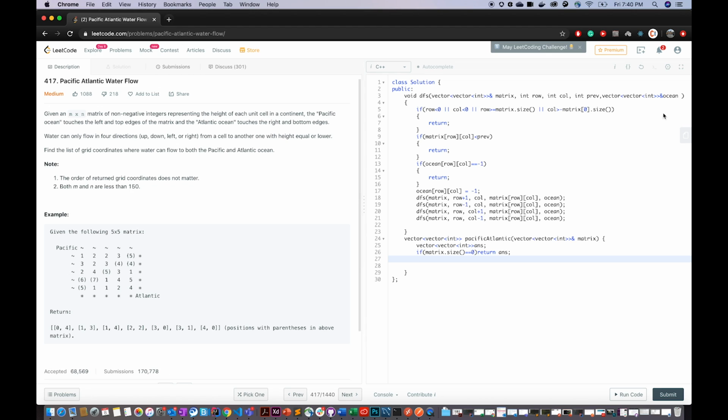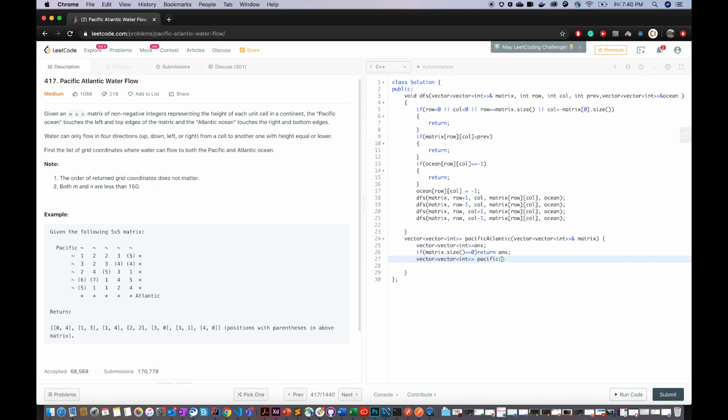Next up, I have to initialize another vector of the same size as this, because for ocean I need 2 vectors. I have to send Pacific and Atlantic, so I'm going to copy this and initialize it with the same size as the matrix given in the question, because that is the same matrix we need of vector int. Let's name it Pacific.